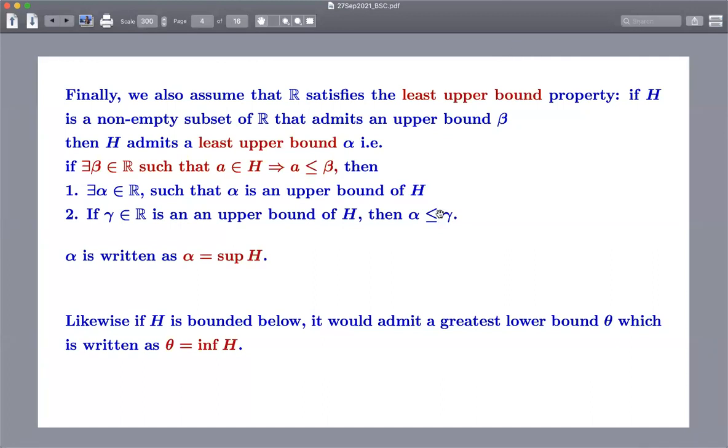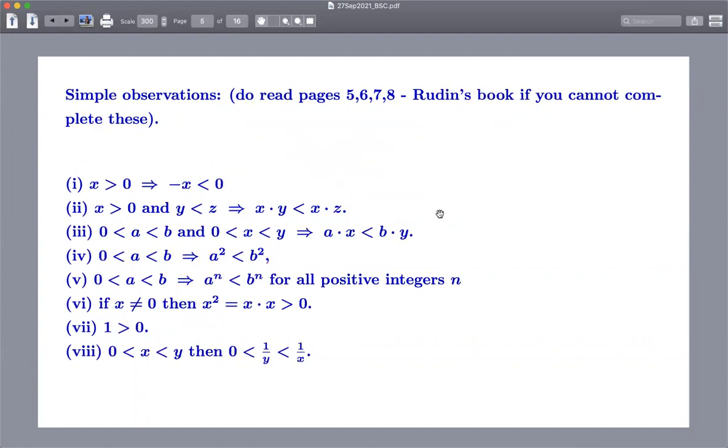All right. So now some simple observations, simple things about real numbers that we know and we use here and there, but maybe it was not done in the class. It is not perhaps given in your other exercise, but I'm listing it here. You'll of course see the PDF as well as the video, and you can try to do them. They are not very difficult.